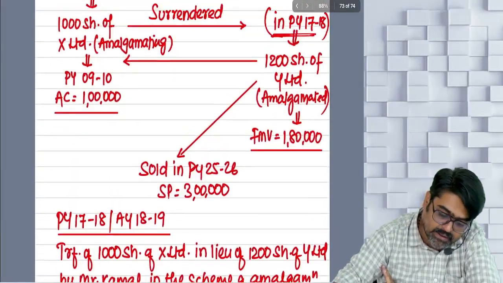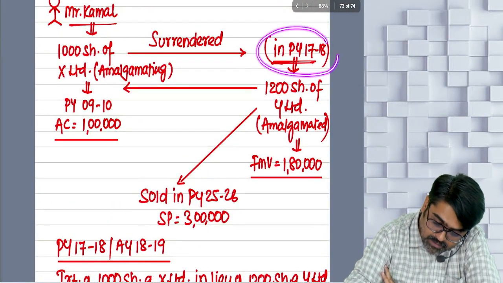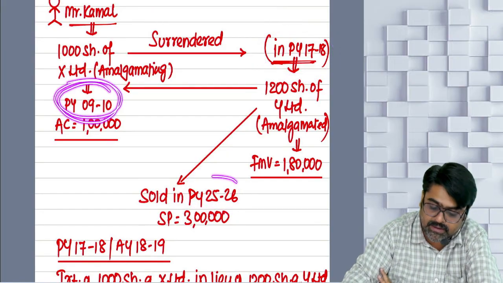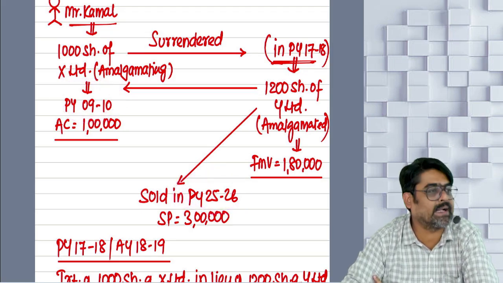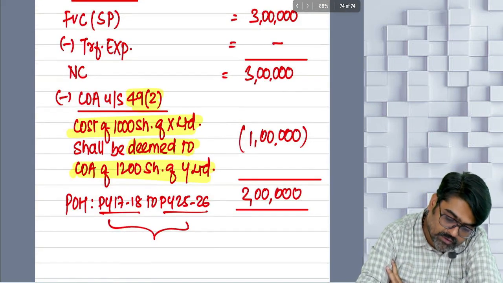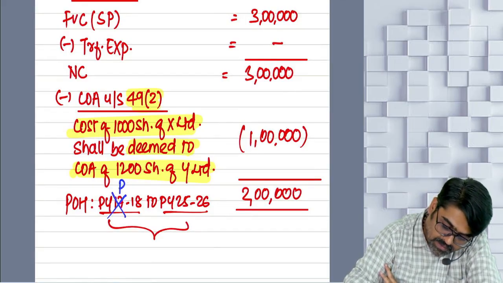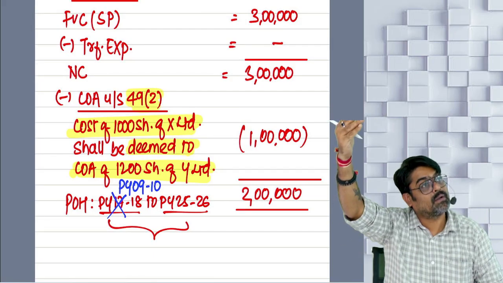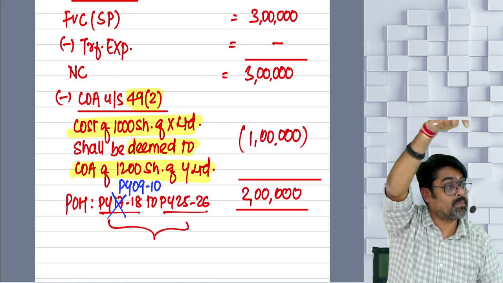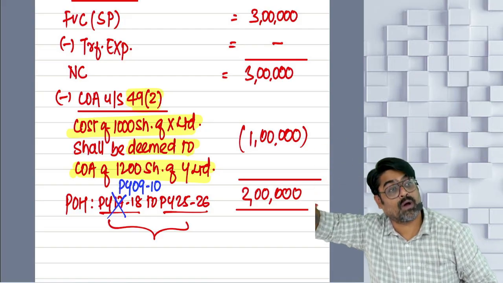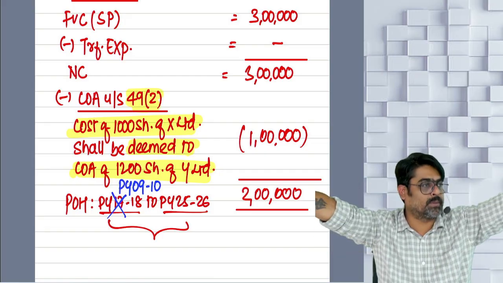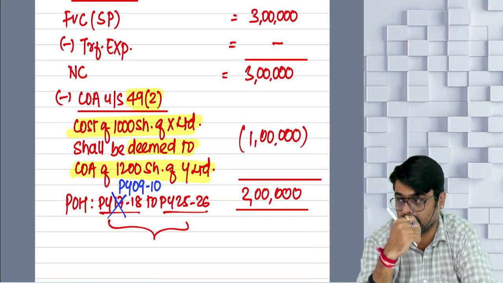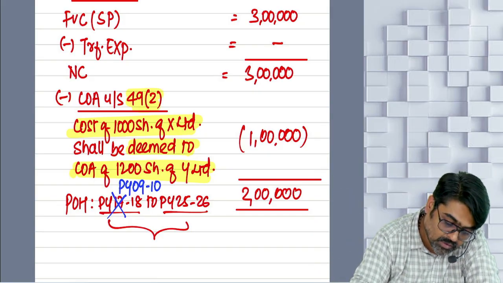So instead of taking the period of holding from 17-18 to 25-26, take the period of holding from 9-10 to 25-26. Understanding? So we are going to take the period of holding from previous year 9-10, meaning the date of acquisition of your old shares. From that date till the date of transfer of new shares, the entire period of holding you are supposed to take. Getting my point? And based on that period of holding, now tell me, the asset is short term or long term? Long term. Since the period of holding was more than,